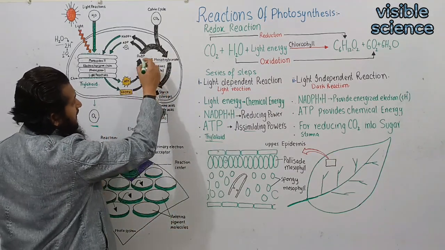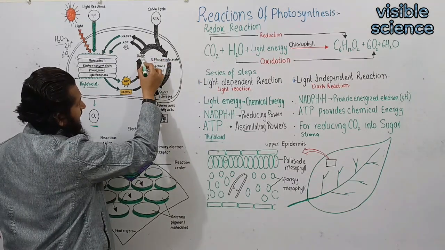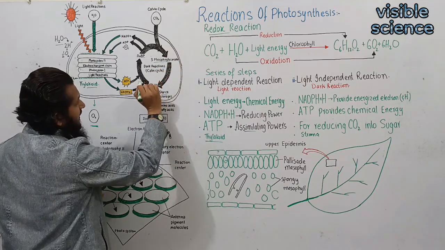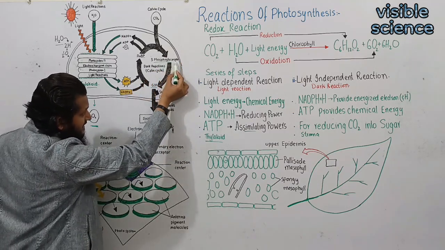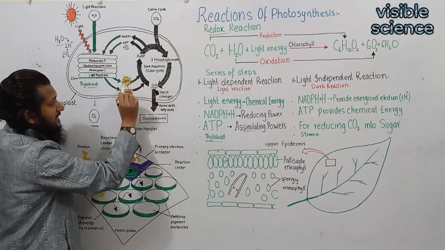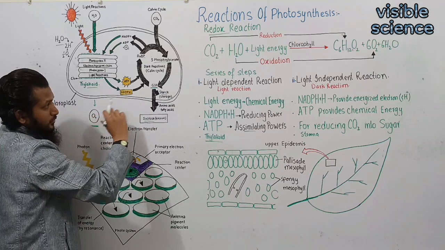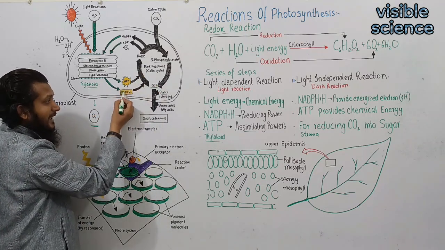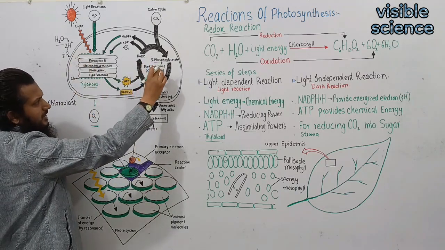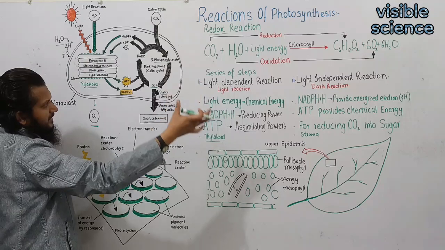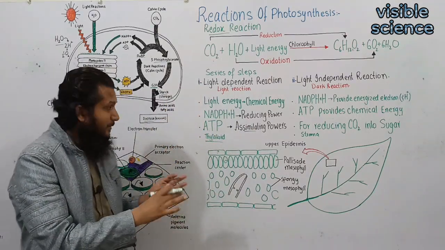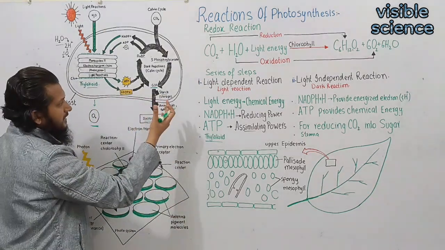In the dark reaction, a precursor compound, ribulose bisphosphate, by capturing carbon dioxide, is converted into 3-phosphoglycerate, and 3-phosphoglycerate is converted into glyceraldehyde 3-phosphate by utilizing the energy of ATP and NADPH. So the dark reaction utilizes the energy of ATP and NADPH, not directly the solar energy. That is why it's called a dark reaction. It is not necessary for this reaction to occur in the dark. It may occur in the light. Actually, it occurs in the daytime because ATP and NADPH are available in the daytime.